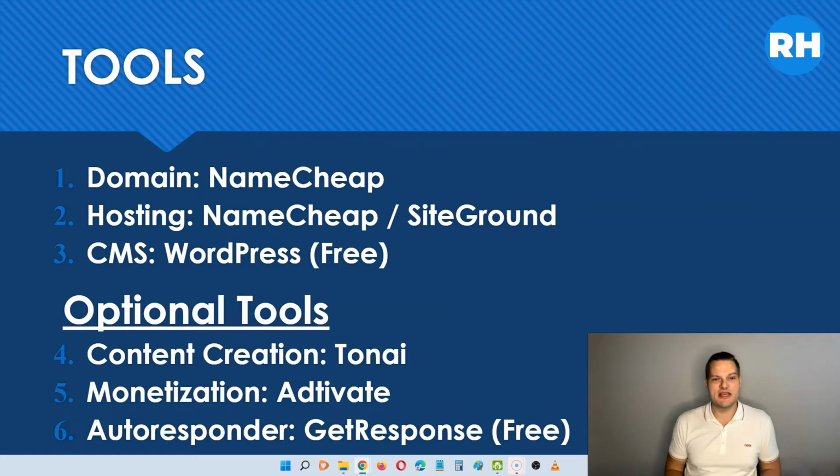Next up, we have the hosting, and here you can use Namecheap as well if you want a cheap solution that is a good solution. But if you want the best solution for WordPress, I'll highly recommend you to use SiteGround. That's the hosting service I use, and here I'm hosting all of my WordPress websites. They have won a ton of different awards, and they have great customer support that can help you with whatever problem you need help with.